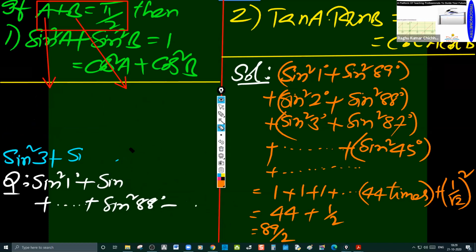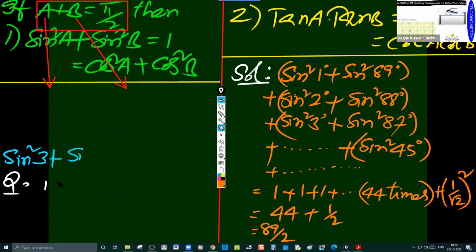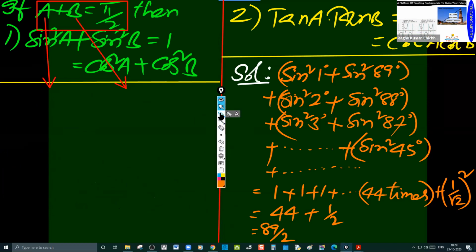I'll keep that solution as it is for your sake only, for you to get the idea. Now, what I'm doing, I'm writing the question straight away in terms of cos. Question: